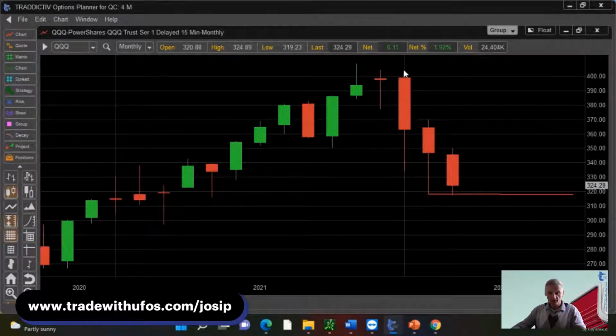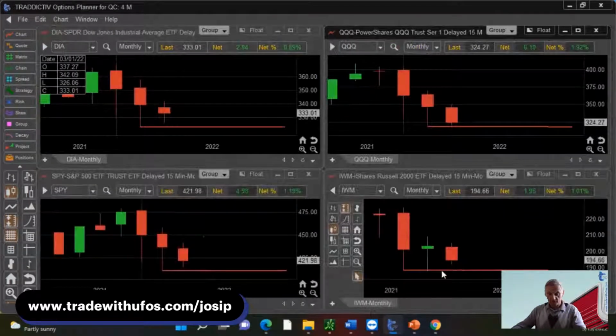So we have a very, very clear trend over here that we are creating lower highs and a lower low. Now we have created what? An equal low right here, which is really interesting because, as I have pointed out to you, on IWM we have not created that equal low. As I was just pointing out a minute ago, we have created a somewhat higher low, and on Dow Jones, a somewhat higher low. But the one that is ready to go lower is actually the QQQ.